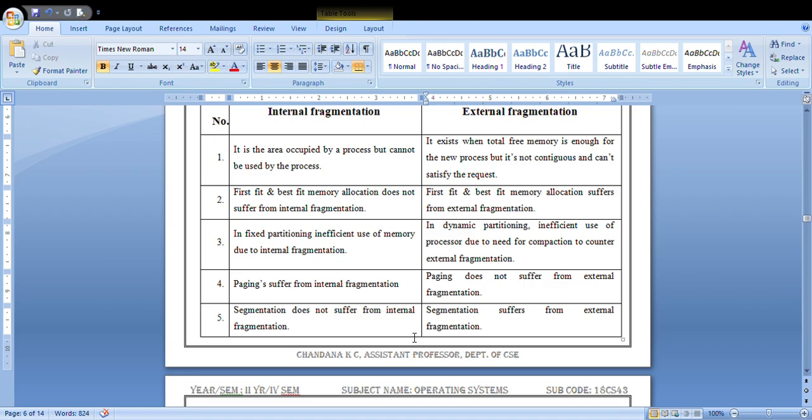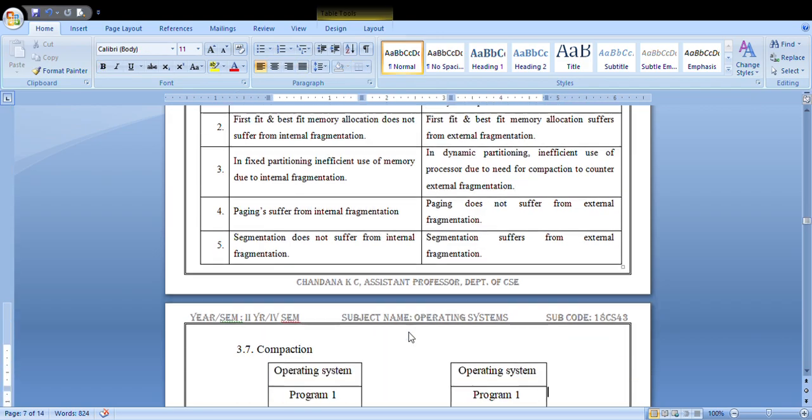For that reason, dynamic partitioning makes inefficient use of the processor. Paging suffers from internal fragmentation, and does not suffer from external fragmentation. And one more thing is segmentation. Segmentation does not suffer from internal fragmentation, but it suffers from external fragmentation. These are the few differences between internal fragmentation and external fragmentation.